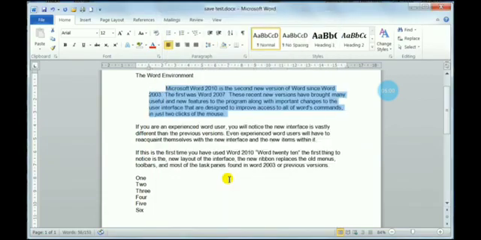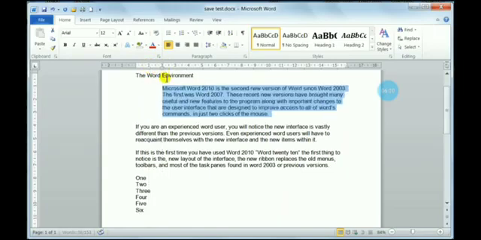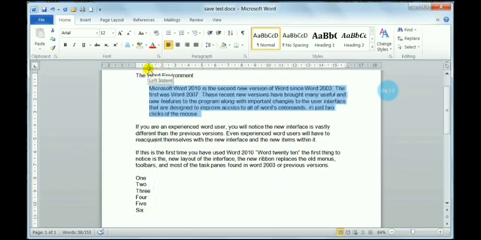Okay. Now only the first line you choose. The first line has increased. It is increased to the ruler and the rest of the lines are kept the same. So using the ruler also you can do that, and without using the ruler, the paragraph option is also there, from here you can do it both ways. Okay, it's also very easy. You can do both ways using the ruler, or else you can choose the particular option. Okay.